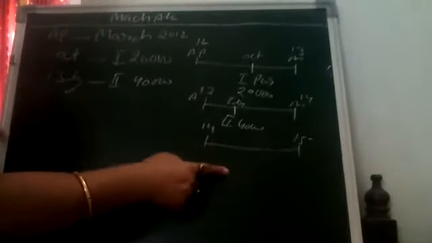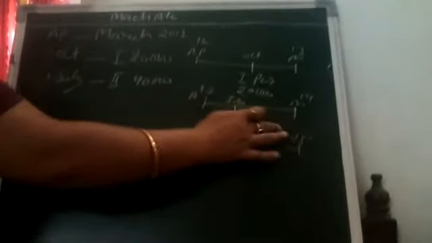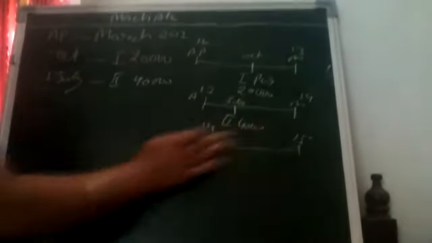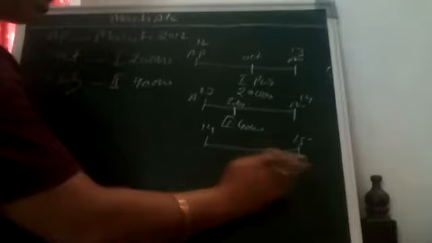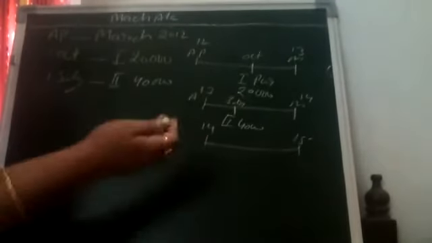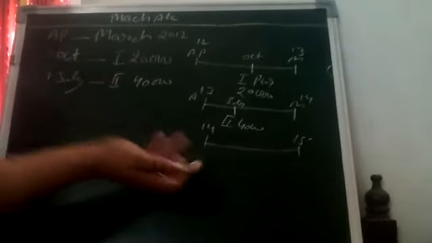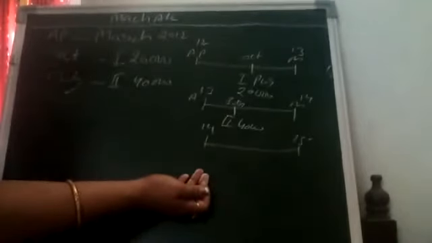But is it possible that up to March 14 we were using these machineries and the next event is given in 15 years? So during this year will we stop using our machineries? It is not. We will just continue our machineries and charge depreciation at the end of the year. If there is no event, then no matter. Is it compulsory that every year you will purchase or sell the machineries? No, it is not compulsory. Anytime you can purchase or sell. Sometime you do not do any deal regarding machineries.